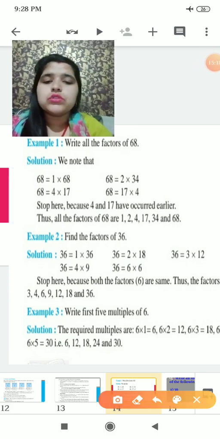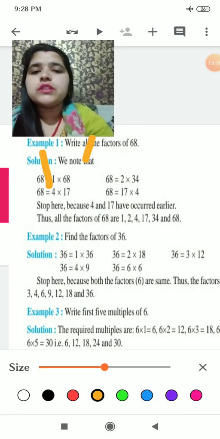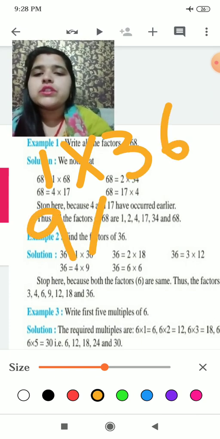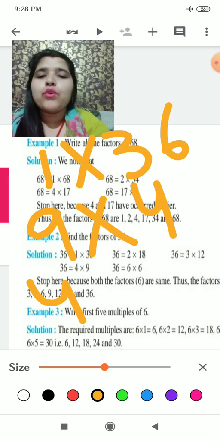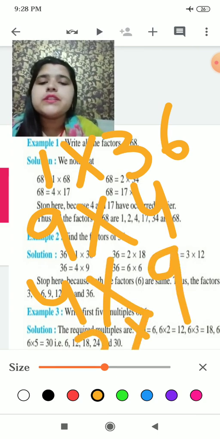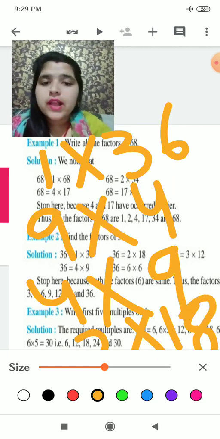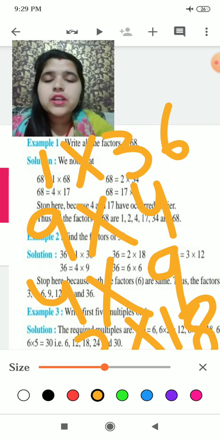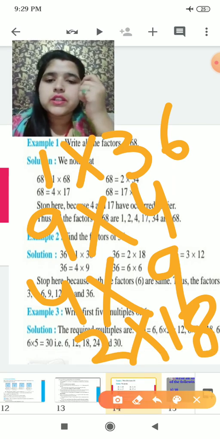Now second one is find all the factors of 36. So 36 comes in as 1 multiply 36, 9 4s are 36, 4 9s are 36, and 2 18s are 36, 12 3s are 36, 6 6s are 36. So every number you will take one time. Like the factors of 36 will be